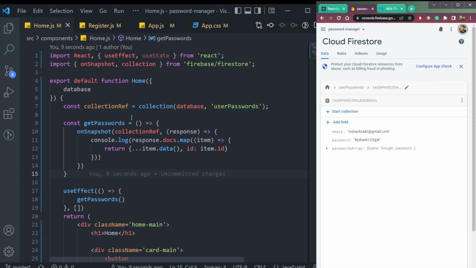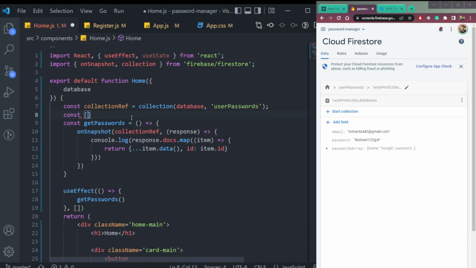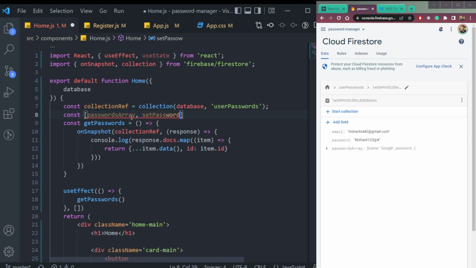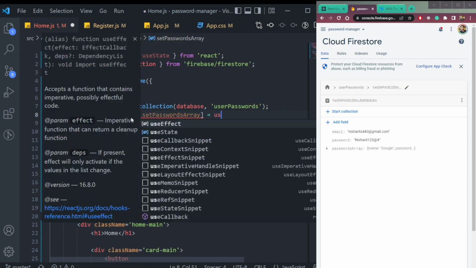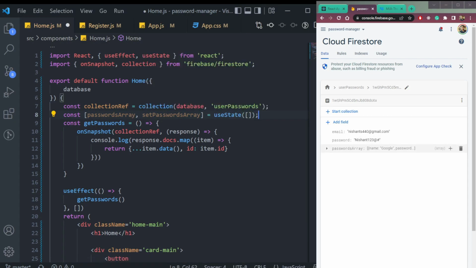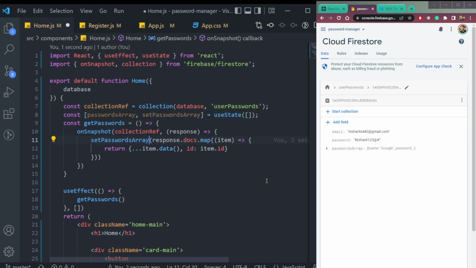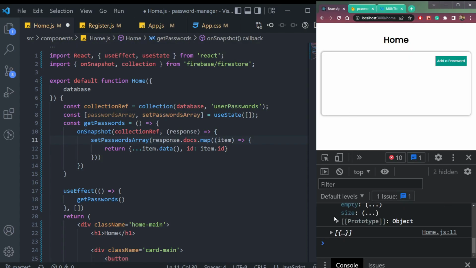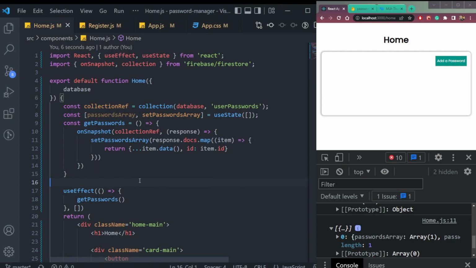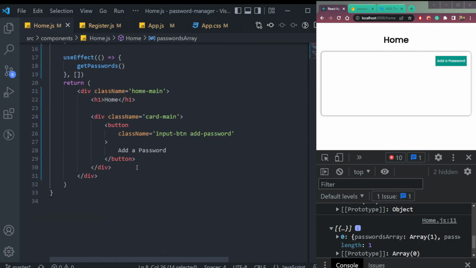Fine. Now let me add one state here. Call passwords array and set passwords array equals to use state. It will be an array here. Okay, this array will be needed. We will store this array inside this state. So we will just do this, but in the 0th index we'll have this. Okay, let's store this here. Save the file, and now let me just